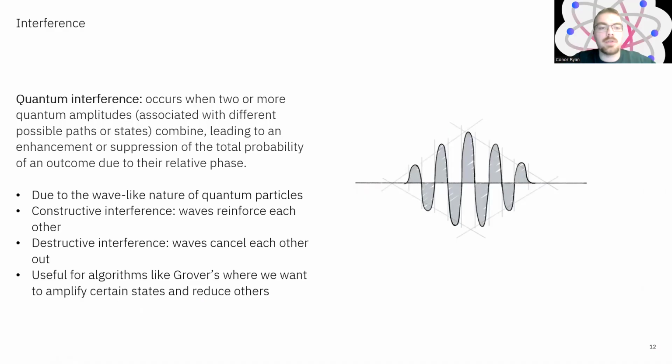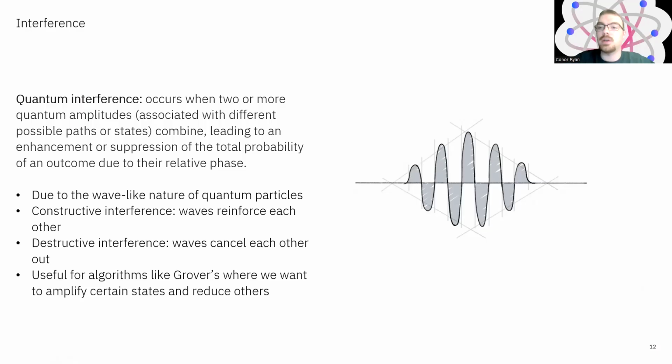Now, when you are performing operations on a quantum computer to transform the quantum state of your qubits to some desired outcome you want to measure as part of your quantum algorithm, you will be utilizing quantum interference. Quantum interference is when you have two or more quantum amplitudes, those alphas and betas that multiply your quantum basis states, and they interfere with each other, so they add together and subtract for each individual basis vector, and that will either lead to a larger quantum amplitude or a smaller quantum amplitude for each state vector.